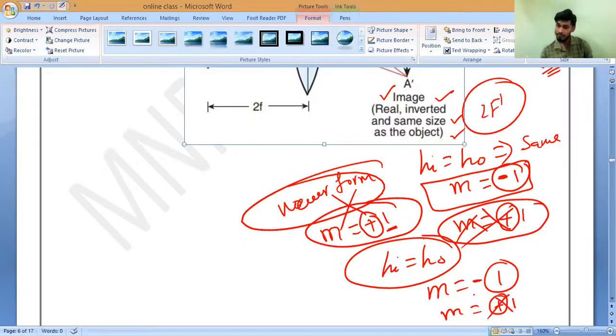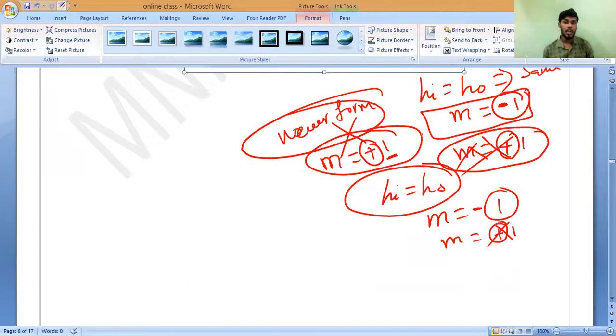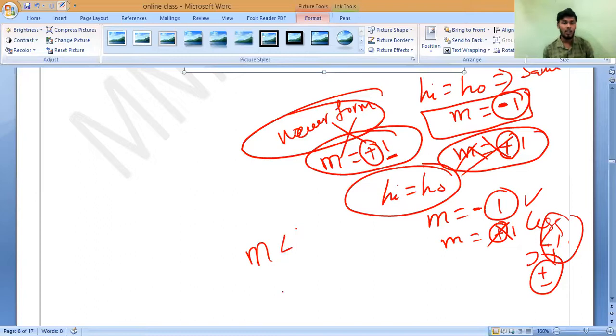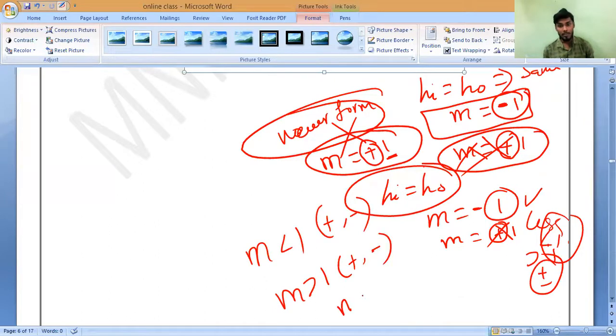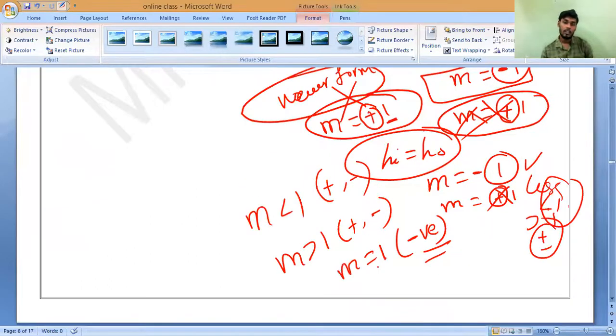Do you understand? That is what I am saying. Not equals to 1 always. It may be less than 1 or greater than 1 also. In the other cases, we have plus and minus magnification. If m is less than 1 or greater than 1, we have both plus and minus signs. But if m equals 1, we have only one sign. What is that sign? Negative sign. Understanding, all of you? Yes, sir. That is what you should remember.